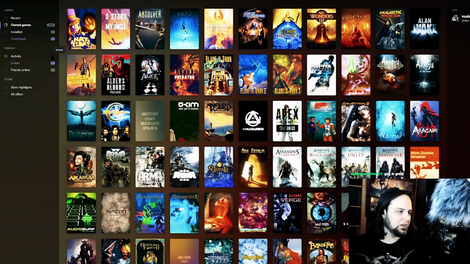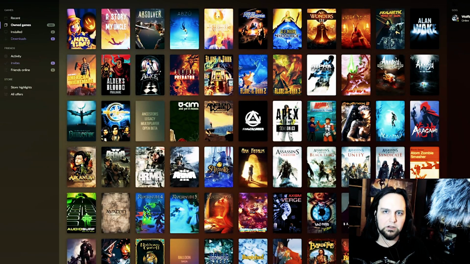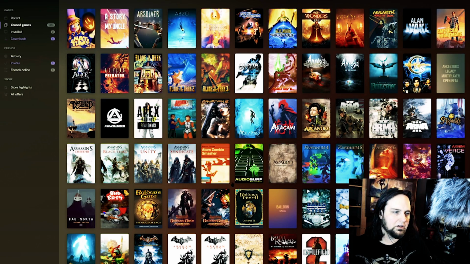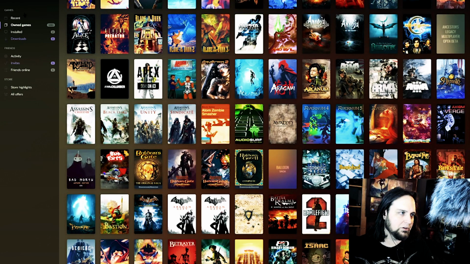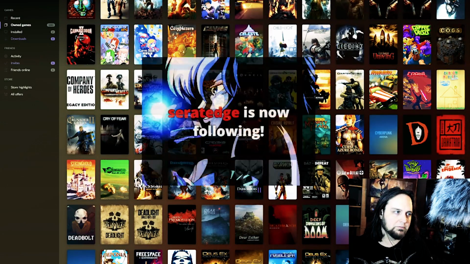I'm going to see if I can bring GOG up on the screen here. Where did I put it? There it is, yes. Owned games. All right, so I'm going to bring up GOG so you guys can see what we're looking at here. This is my copy of GOG, as you can see. Make it big. There we go. And I own quite a few games on GOG, 1,083, but I believe that's also looking at my Steam and everything else, right? So GOG is cool now because of the new launcher,